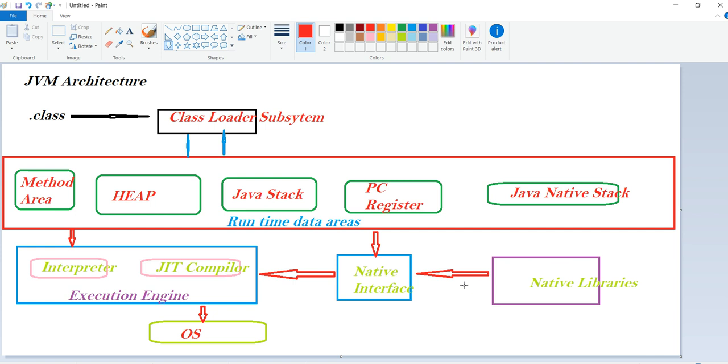It will load the .class file into JVM memory. That is the first step. And before loading the file, it will verify whether the bytecode instructions are valid or not with the help of the bytecode verifier.